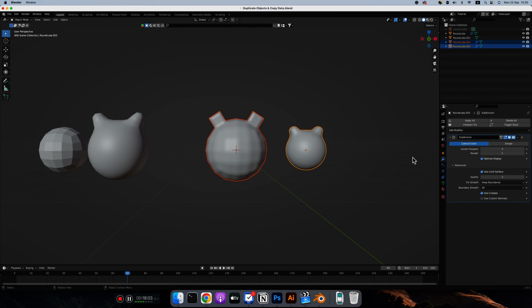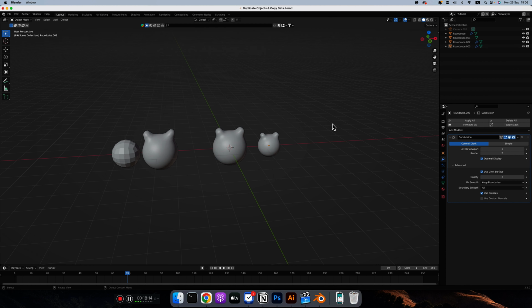Now if I go back, I can just say copy to selected without changing anything. You have no idea the amount of times I actually selected every mesh on my screen to change its values. It's crazy that I didn't know this trick from the beginning. It's a little annoying as well. And that's why I think this tutorial is really important, even though it's a very short one, because especially if